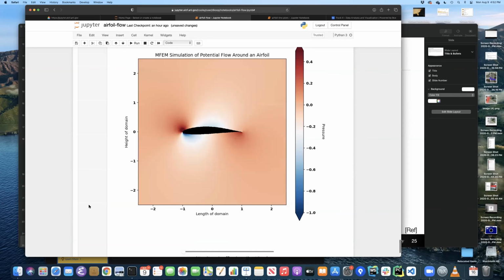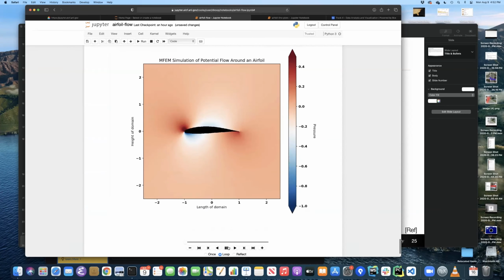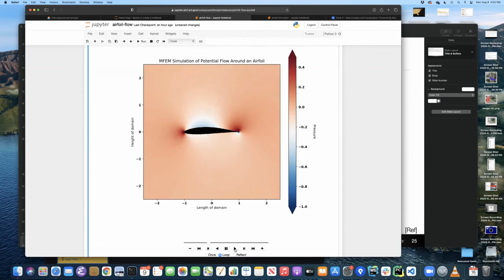But then this provides the ability to go through the loop and have it continuously loop through, and you can see this. So again, you can get these animations out. Maybe the end data is amenable to this sort of 2D visualization, and you don't need to go to some of the other tools that exist.